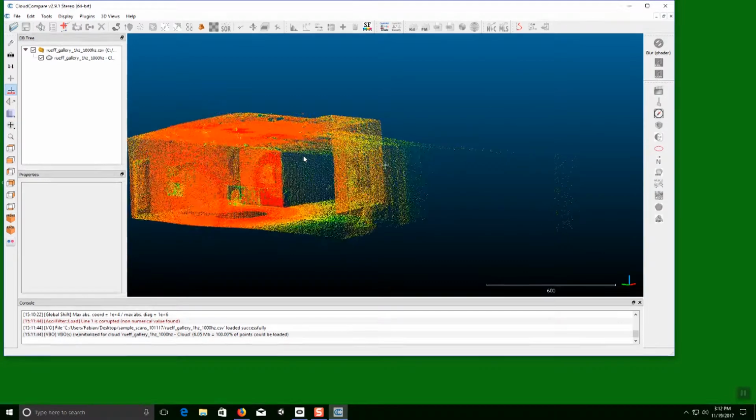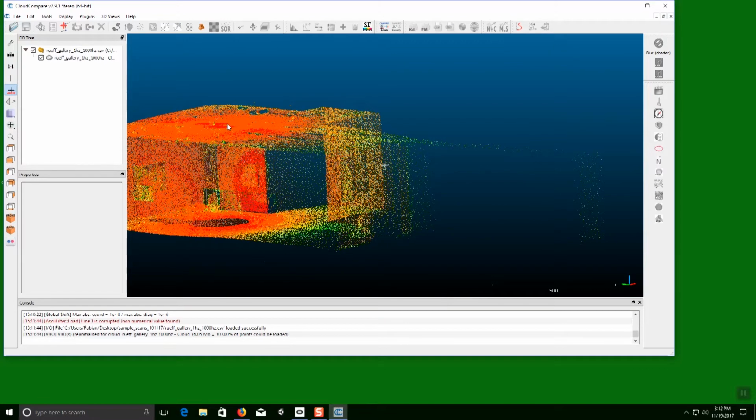So for example, here we see that there's a high density of points in the ceiling, so relatively low density of points the further out we get in the gallery space. And so you could say, I want to more evenly distribute these points, so maybe thin out a little bit the ceiling and then keep the overall density of the points intact for the walls here. So you could do something like this in CloudCompare as well. Again, check out the tutorials that are really great and helpful. These are all video tutorials for how to use the software, and they are featured in the text section of